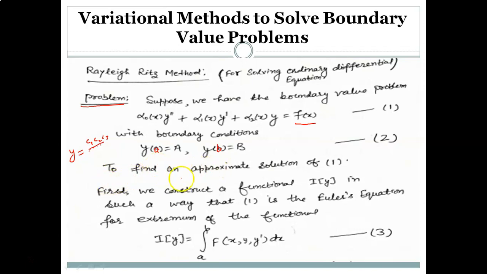Now the approximate solution of this boundary value problem means we are not going to find the exact solution, but we are going to find the approximate solution. But in certain situations in a problem, the approximate solution may be equal to the exact solution. Now when we can find the exact solution of the differential equation, then why are we going to discuss the approximate solution of a differential equation or a boundary value problem?